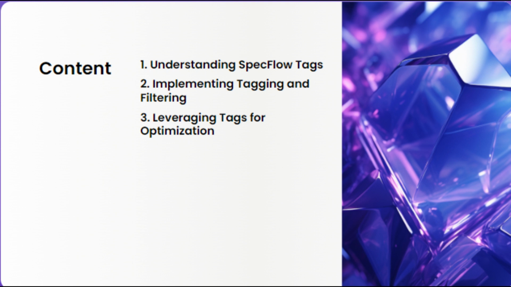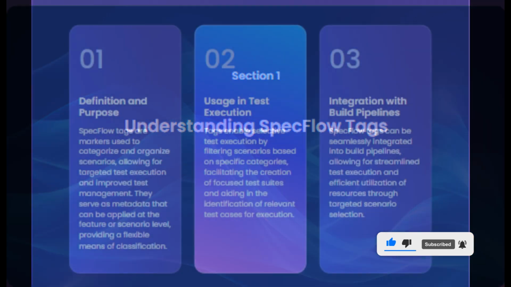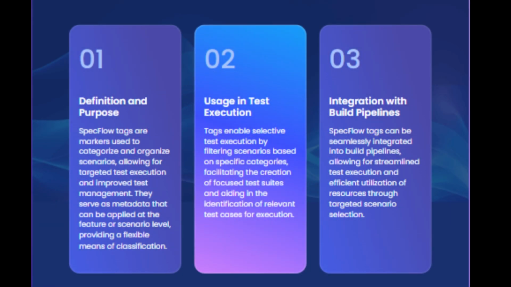Today we are going to understand what SpecFlow tags are, how to implement tagging and filtering, and how to leverage tags for optimization. Before we move on, let's understand what SpecFlow tags are. SpecFlow tags, by definition, are markers used to categorize and organize scenarios, allowing for targeted test execution and improved test management. They serve as metadata that can be applied at a feature or scenario level, providing flexibility